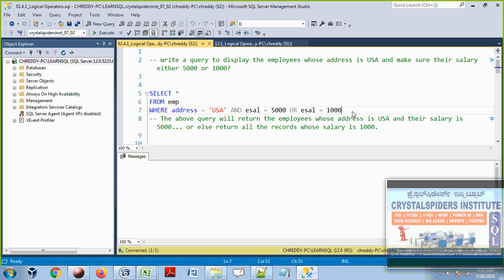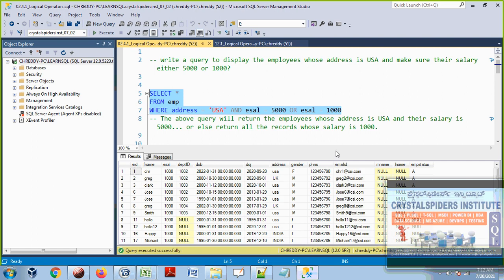So we write the SQL query like this: where address equal to USA and ESAL equal to 5,000 or ESAL equal to 1,000. We'll understand whether this query is wrong or correct, but the intention of this requirement is different, and the results SQL Server is going to process for this query are different.